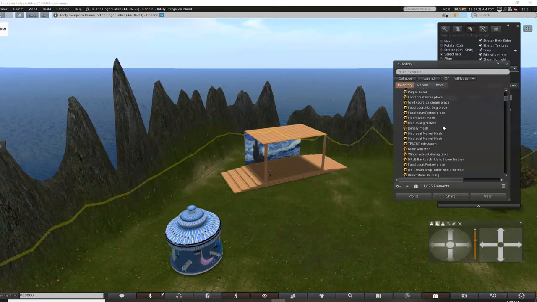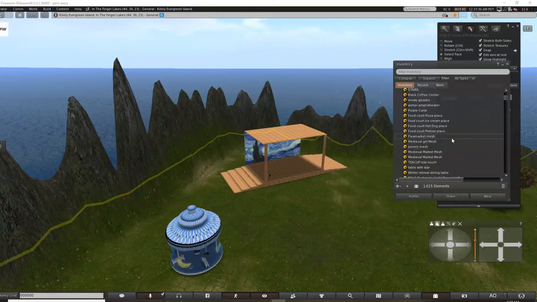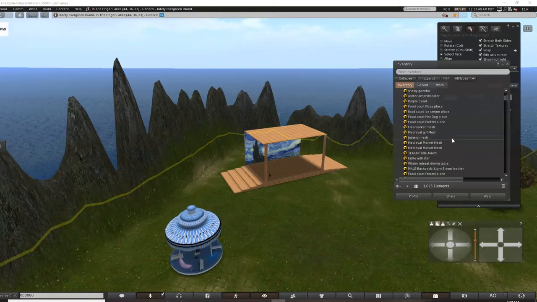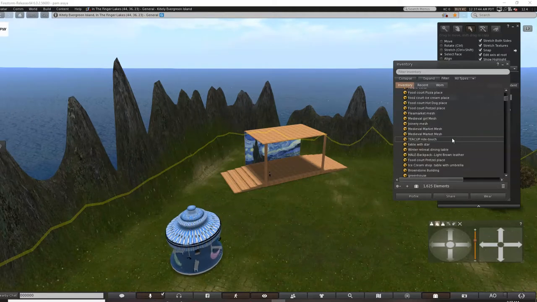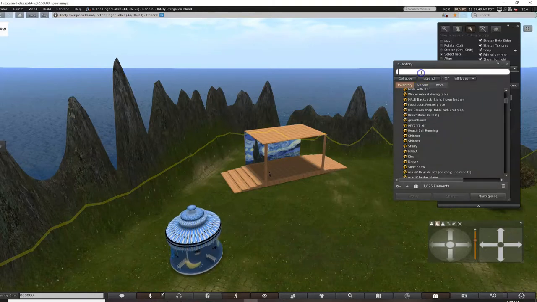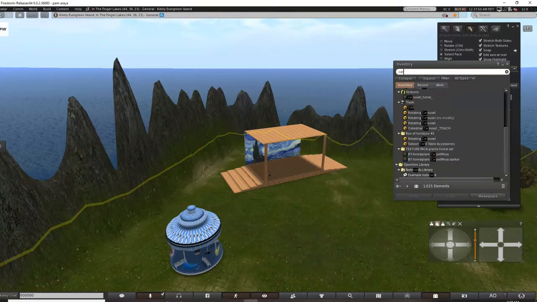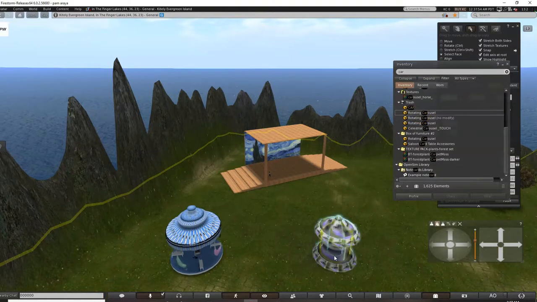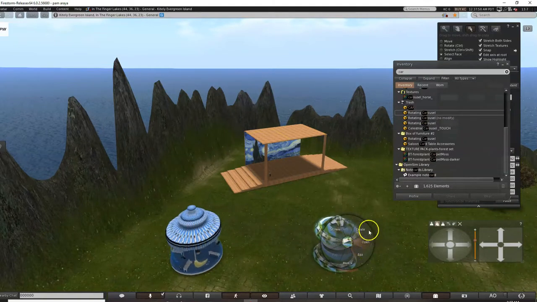Okay, so I know that I grabbed a couple more rides. Now I don't see them. So, rotating carousel. This one's not fun. You can't ride this one.